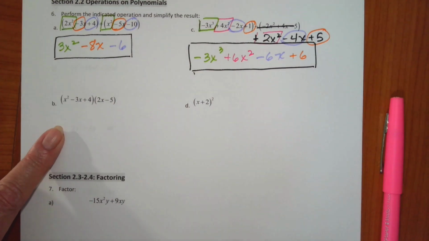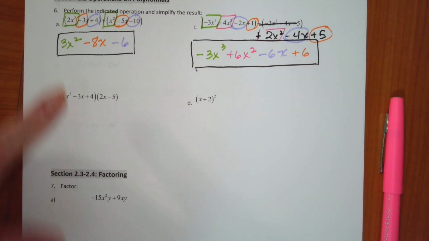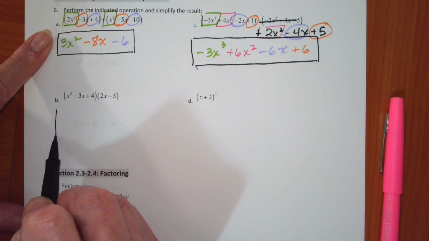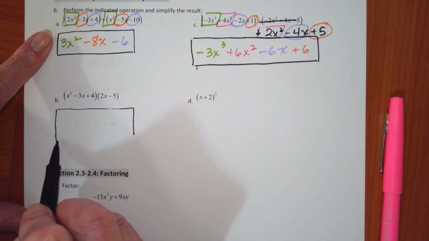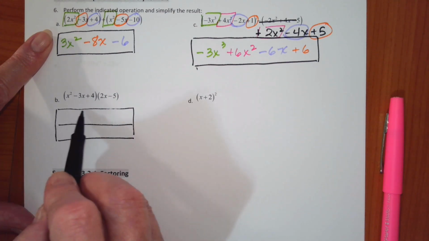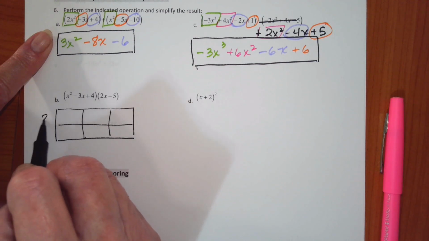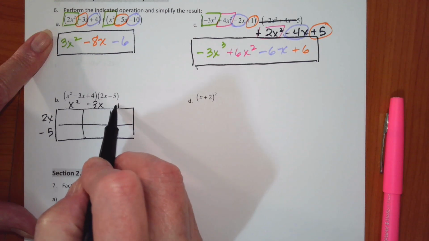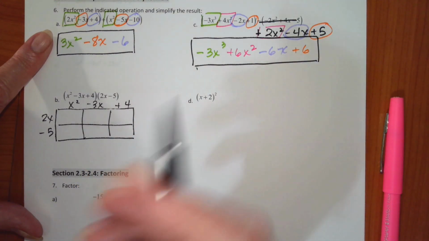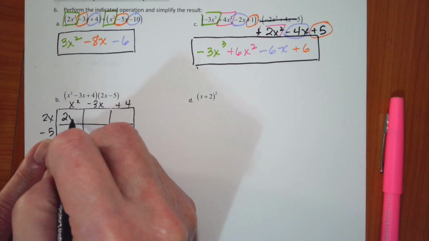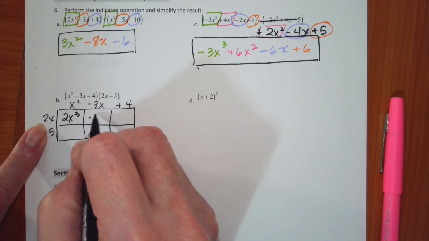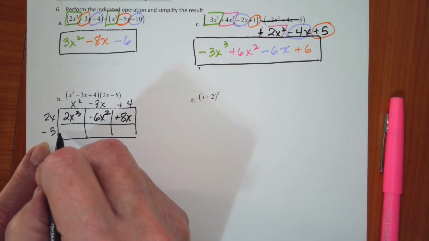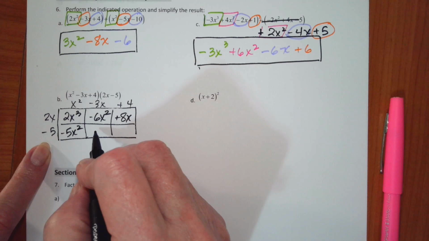Okay. Now for this one, if I'm multiplying, especially if I'm multiplying a 2 terms times a 3 terms, I want to use the boxes or the area model is what I've always called it. So I'm going to have 2x minus 5, x squared minus 3x plus 4. So this gives me 2x to the third minus 6x to the second, a positive 8x, negative 5x to the second,